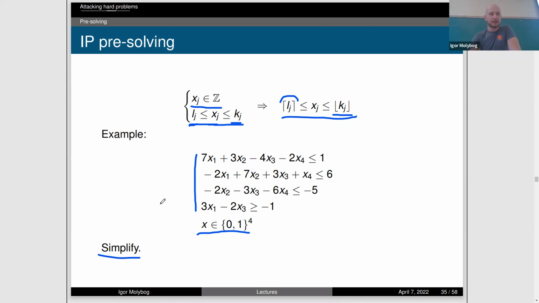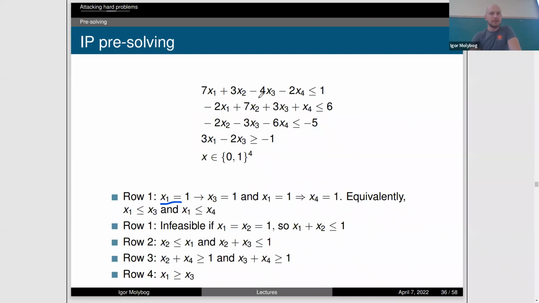Why is that? Well, if x1 is equal to 1, then basically